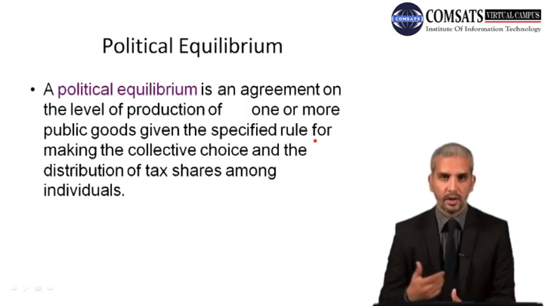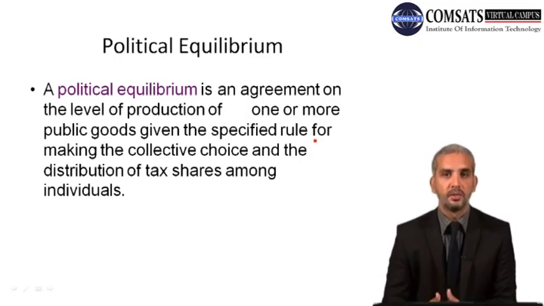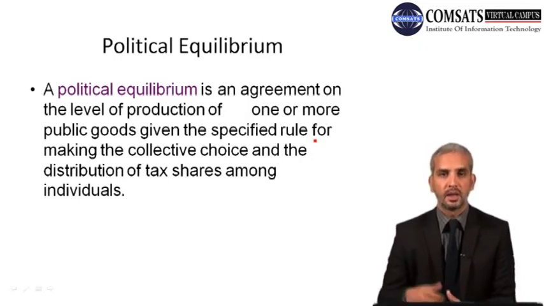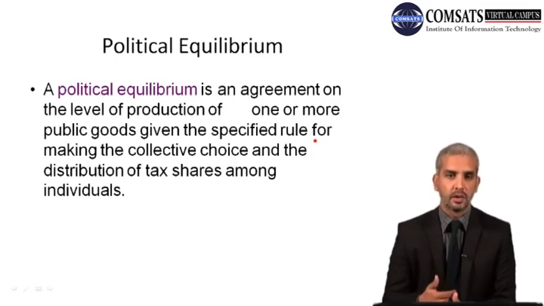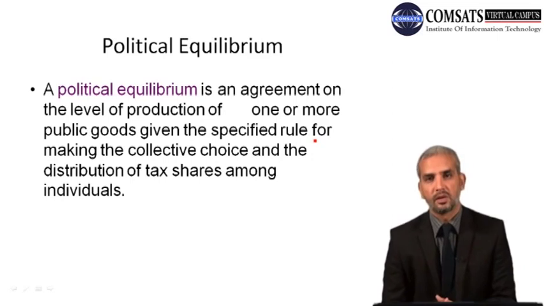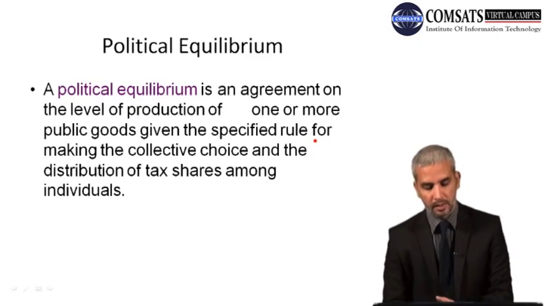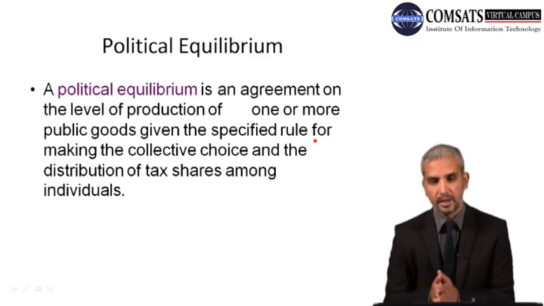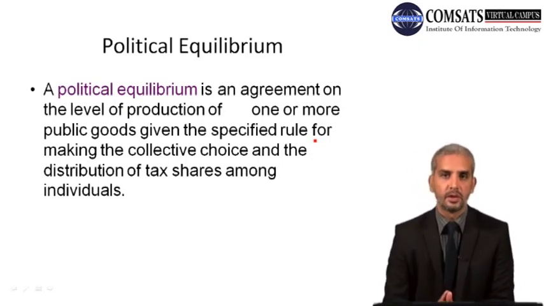Moving on from that, we started with the concept of the importance of the median voter. We concluded that the political outcome of the majority rule, or majority vote, used for public choice would be the median voter's preferred outcome, and that would be the equilibrium outcome as well. So that was mainly the importance of the median voter.